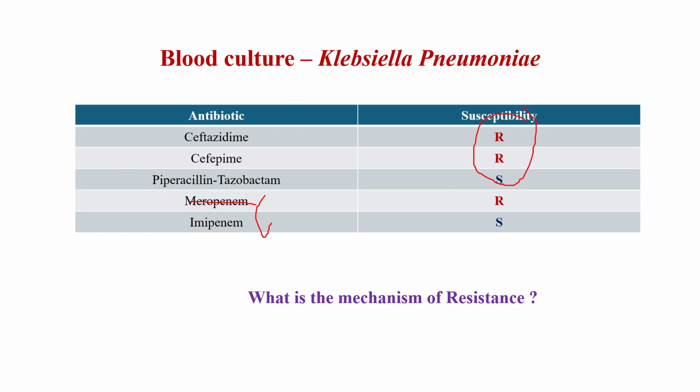This can also be because of carbapenemase production, because ertapenem is more likely to be destroyed by carbapenemases even in smaller amounts. So sometimes if you have ertapenem resistant and meropenem susceptibility, then probably you have to check for carbapenemases because your treatment might fail, even though it is a less common mechanism of resistance. 80 to 90% it's because of the